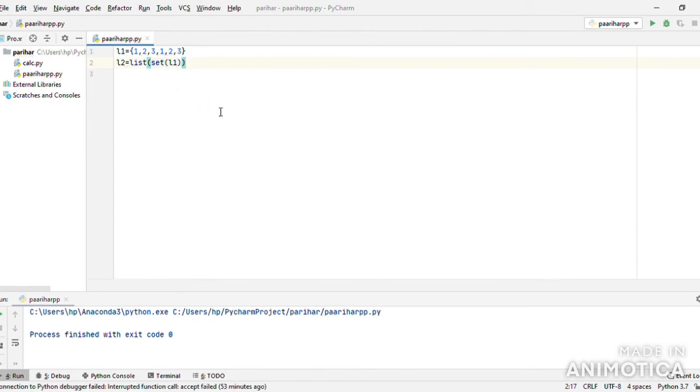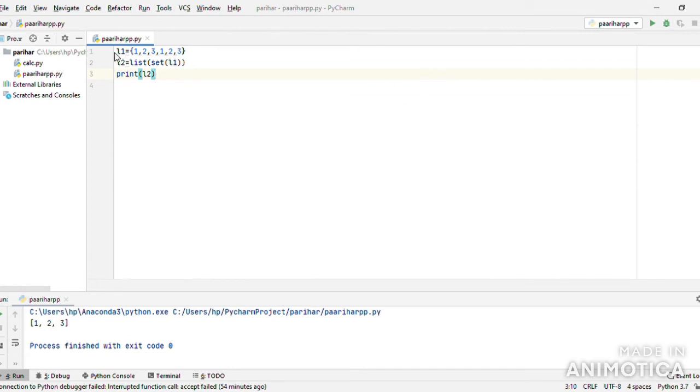Now let's print it, and L2. Now you can see that we have a list of 1, 2, 3 and the duplicates have been removed. So this inner function will convert this to set and removes the duplicates, and this outer function converts it back to the list.